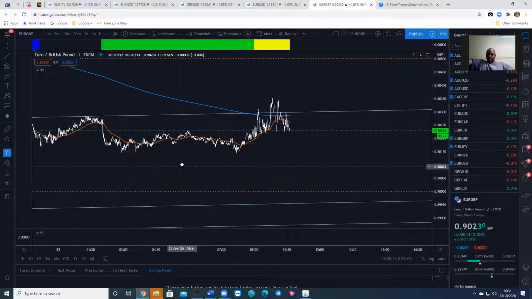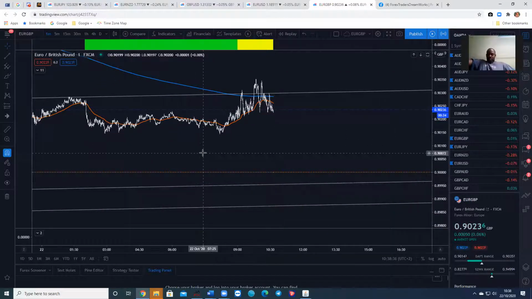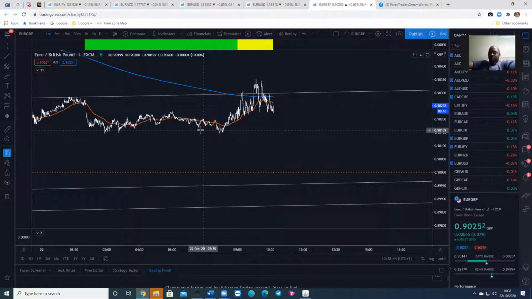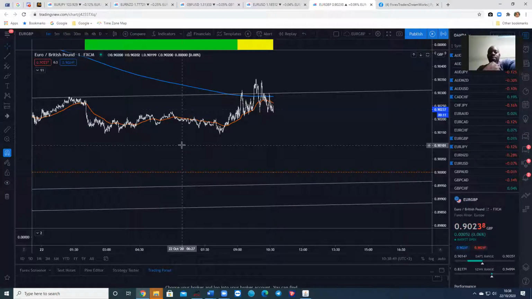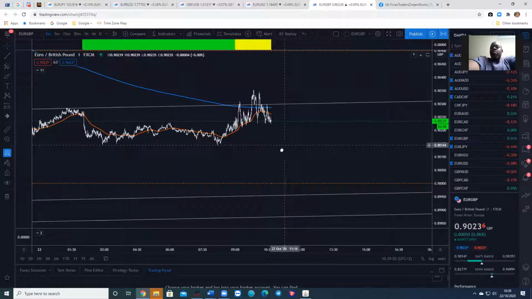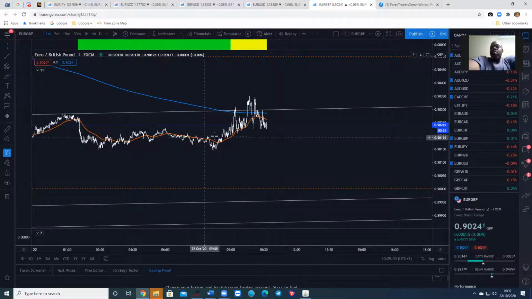However, it's off our D point out to these outer extensions, and I wouldn't normally take a sell between the D point pitchfork and the extensions when it hasn't gone up to the medium. I'd only be looking for a buy on this. So I'm saying to myself, is there a new scan for me to look at? And I'm going to reject bothering to look at this because I don't want to take a sell on this. Even if it does sell, I'd rather take the sell off the Euro USD, which is in line with the chart set up on a D point as a sell scan, because this is going against my rules. So that's Euro GBP.